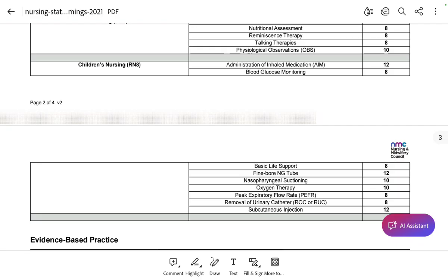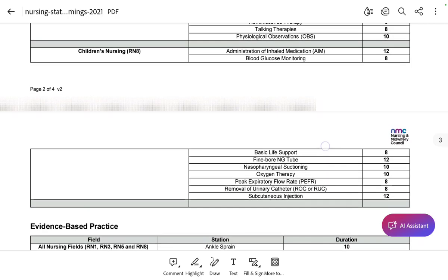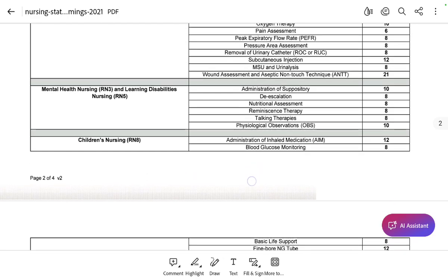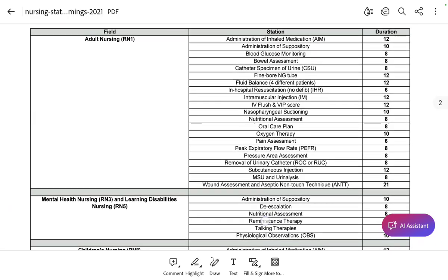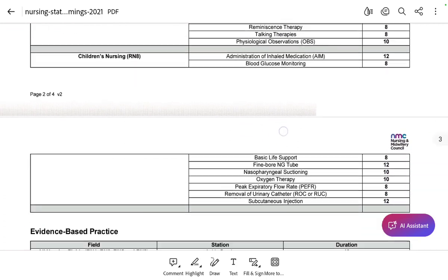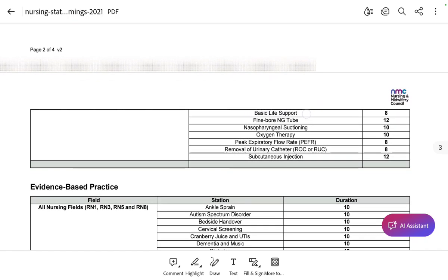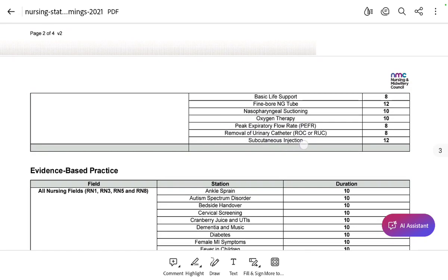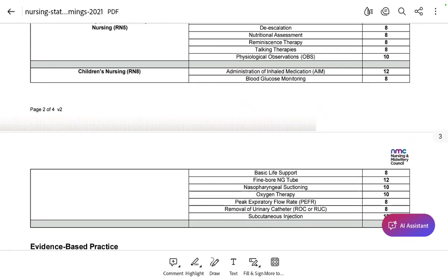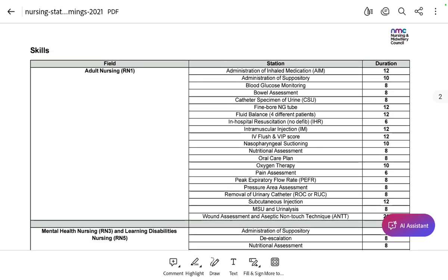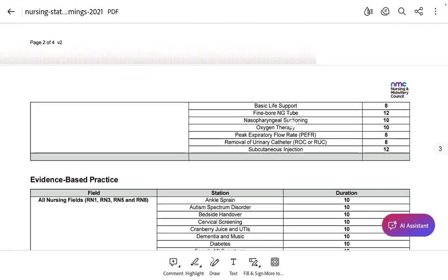For the children's nursing, you will have a little bit more compared to mental health nursing, but still much fewer than the adult nursing. Almost the same. You still have administration of inhaled medication, blood glucose monitoring, basic life support, fine bore NG tube, nasopharyngeal suctioning, oxygen therapy, peak expiratory flow rate, removal of urinary catheter, subcutaneous injection. There is nothing new here in the children's nursing that you would not find in the adult. Same, it's some of the adult